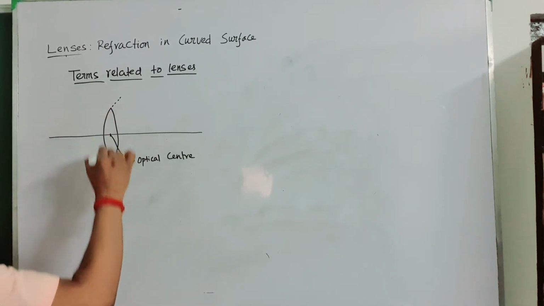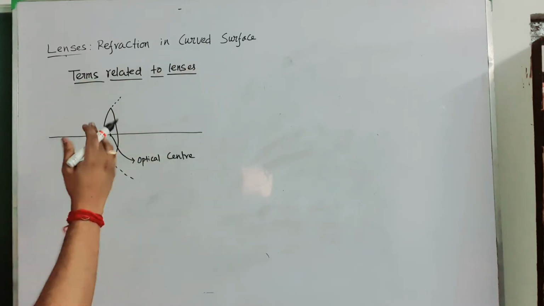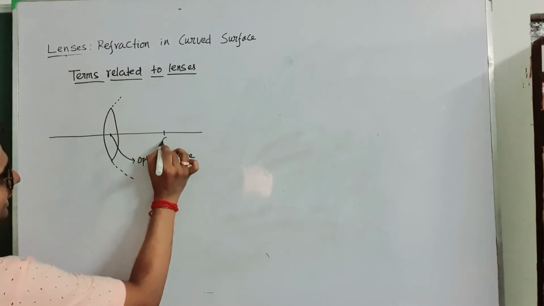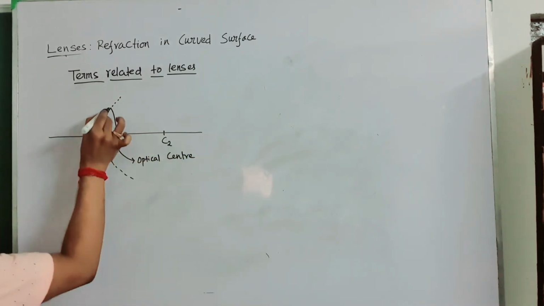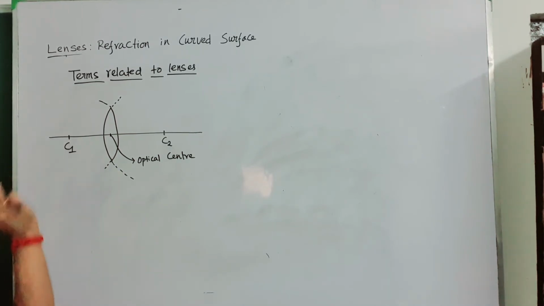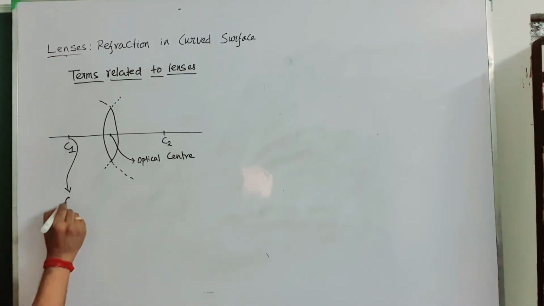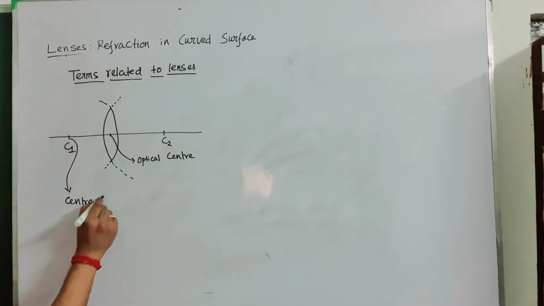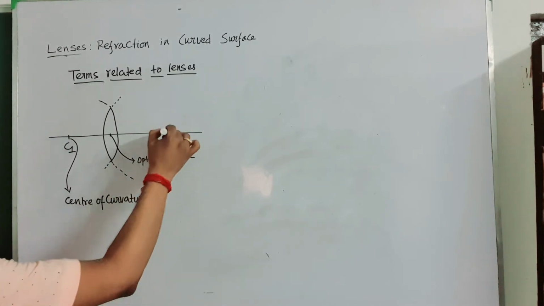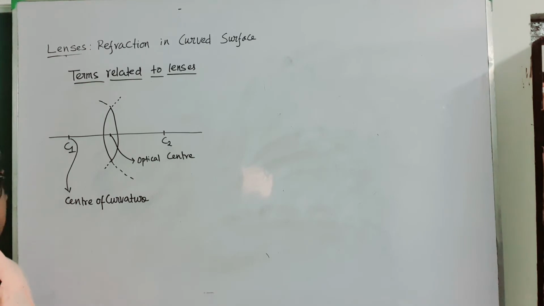If this is extended like this, a circle, this sphere is drawn, then there will be some radius of the sphere or center of the sphere. So here will be a center. I am taking this as C2, and if this is extended, this surface will have a center over here. I am taking this as C1. ठीक है, this one is called center of curvature, and this is called center of curvature of the other surface. ठीक है, both are centers of curvature, C1 C2.